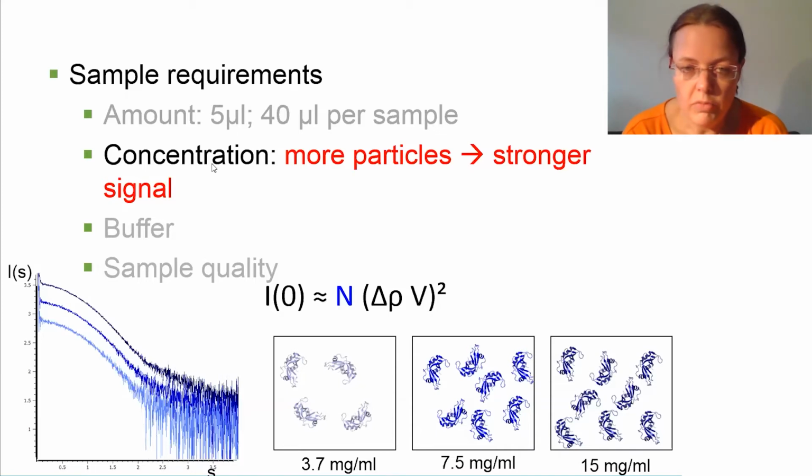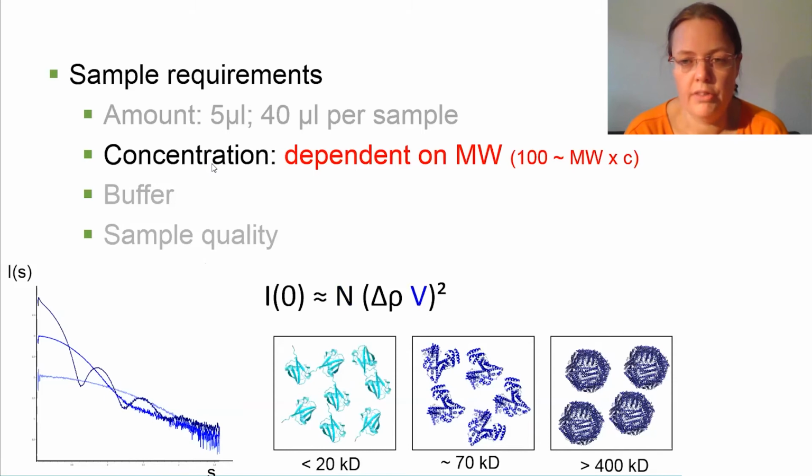Back to the concentration, the most important thing is that your sample is still happy. So you can't force your sample into a high concentration just so that you can check it off your list. If your protein starts to aggregate and doesn't like that high concentration, then it's also not worth measuring at that concentration. So generally, try to get your concentration as high as possible, but keeping your protein in a happy state. And as I said before, if your molecular weight is around 50 kilodaltons and you have a 2 mg per mil concentration, then you're normally on the safe side that you'll get a good signal.